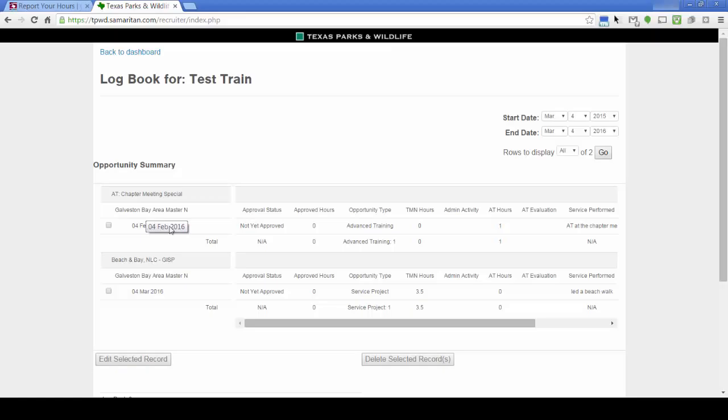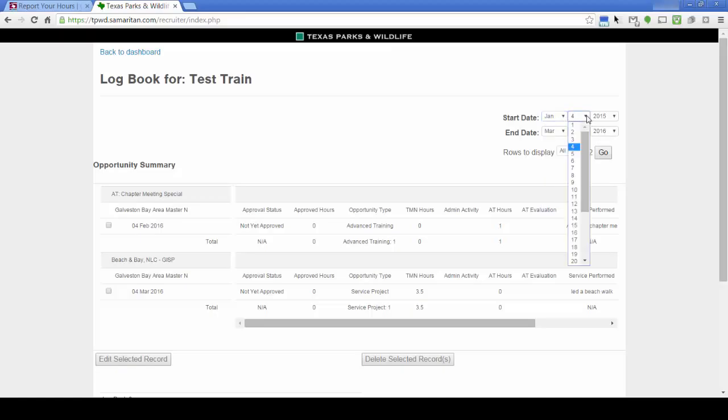After you enter the data for quite a bit, sometimes you may want to narrow it. The system uses a start date and an end date to display the data. The end date is always the date at which the last entry was made. The start date is a year before that. If you want to change it, for example, you were interested only in the hours of 2016, you can select